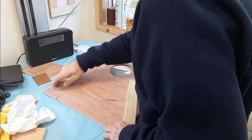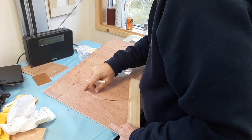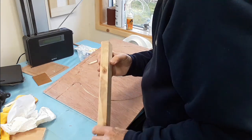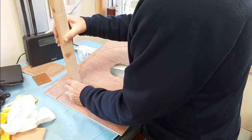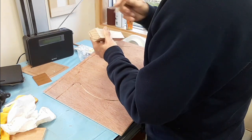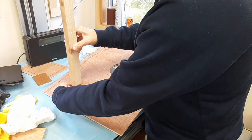Now, having trial fitted the polycarbonate into the grooves, I've just got to sort out this transition corner there. What I'm going to do, I've just taken a piece of timber that's roughly the right size. I'll measure the height that it needs to be between the two surfaces, and then I've just put a mark on the bottom. There's a rebate got to come out there to take the polycarbonate coming in that way, so